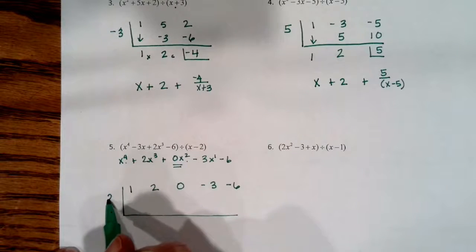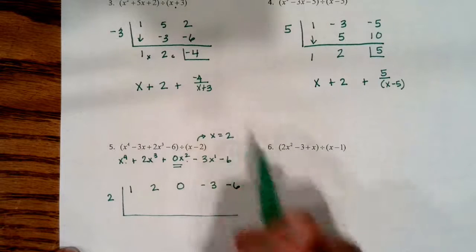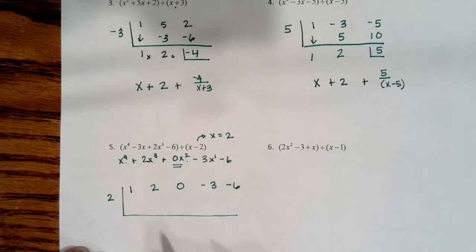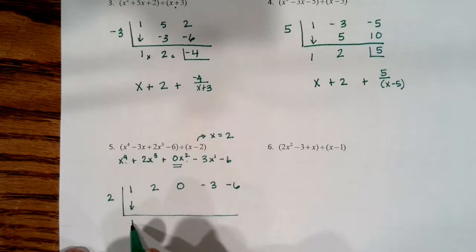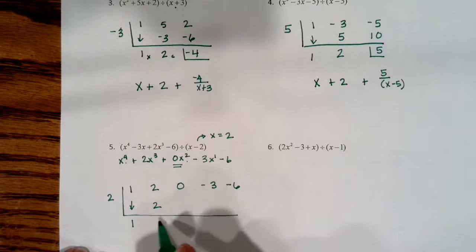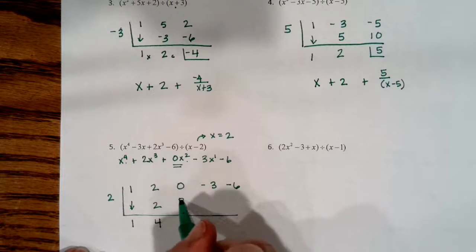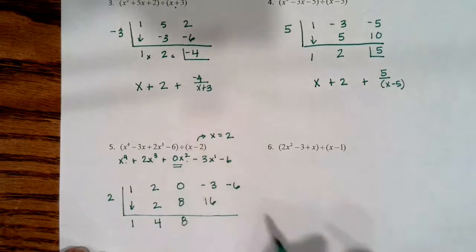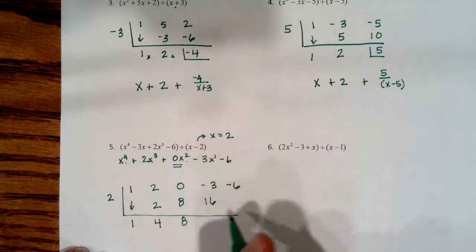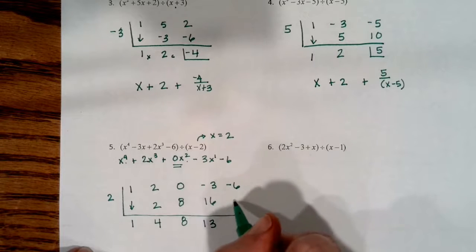I'm testing to see if 2 is a solution. 1 comes down. 2 times 1 is 2. 2 times 4 is 8. 2 times 8 is 16. And 2 times 13 is 26,